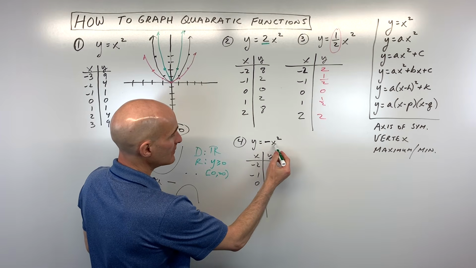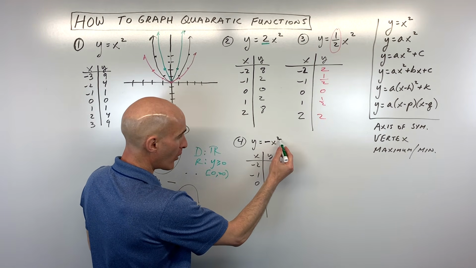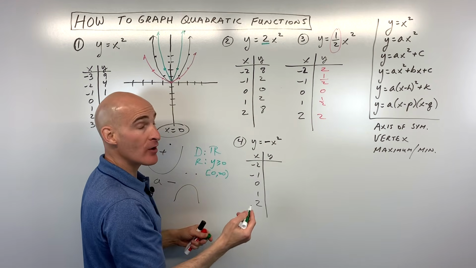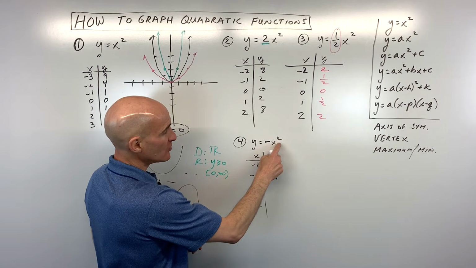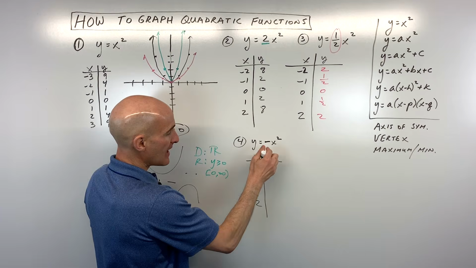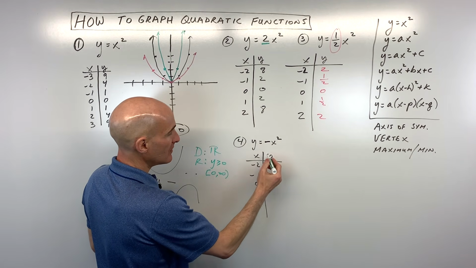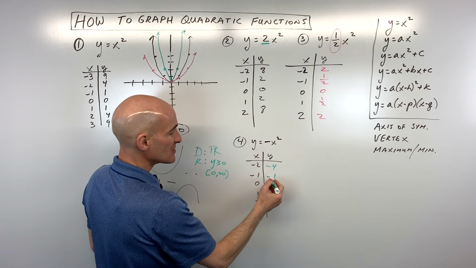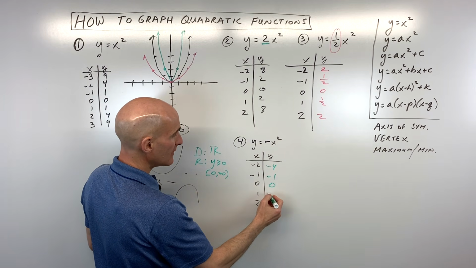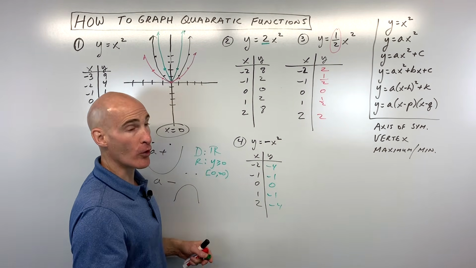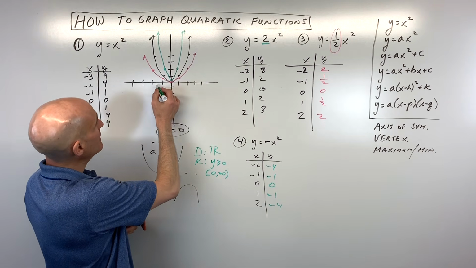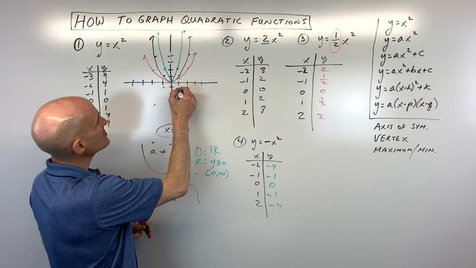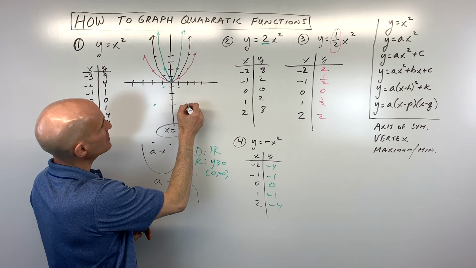So we've got -2 squared, which is 4. Now remember, some people think negative times a negative, isn't that a positive, Mario? Well, remember, you want to do the exponents first. So -2 squared is 4, times a negative gives us -4. -1 squared is 1, times a negative gives us -1. 0 squared is 0, times a negative is still 0, and then we get the same, -1, -4. If we plot those: -2, -4; -1, -1; 0, 0; 1, -1; and 2, -4,